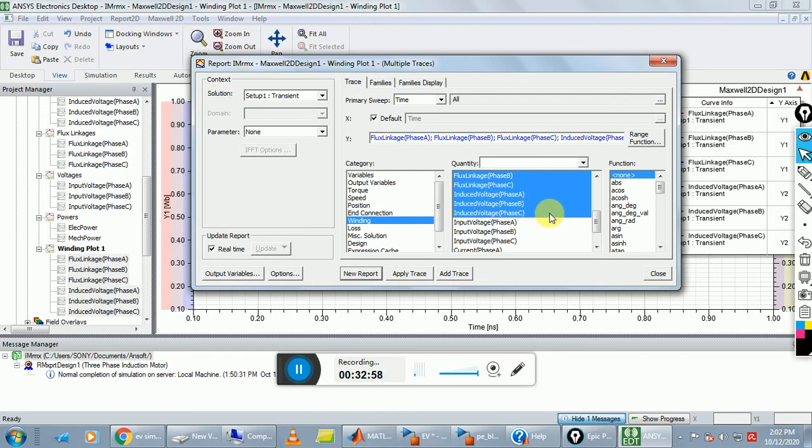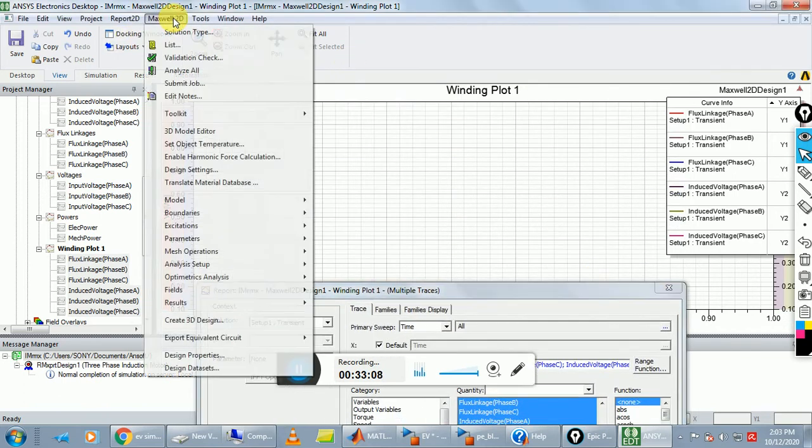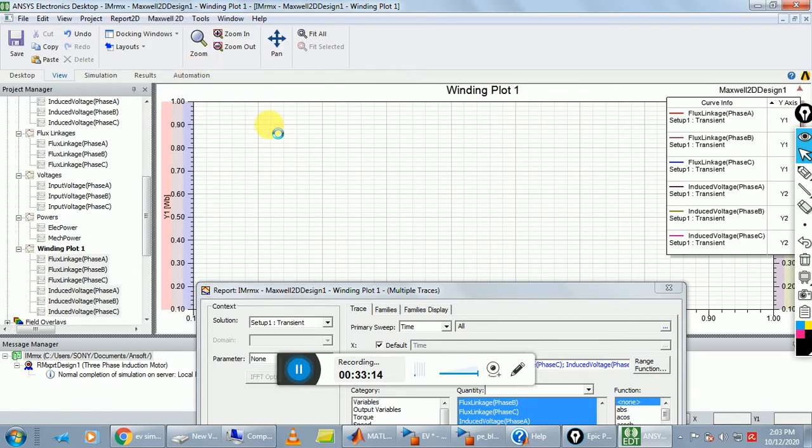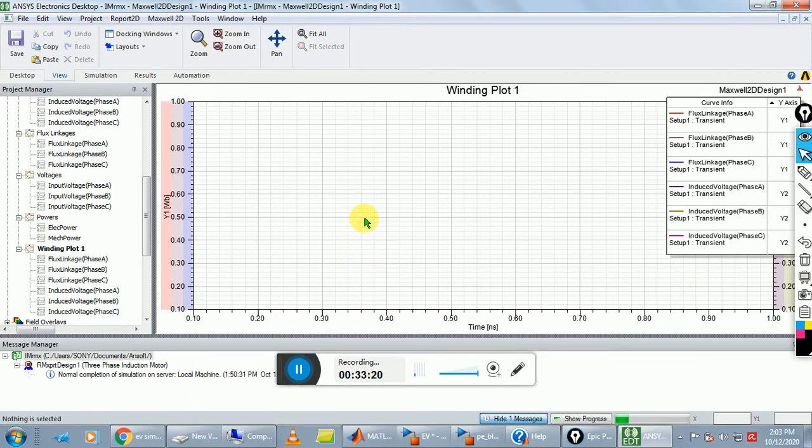Okay, after the completion of this step, go to your Maxwell 2D and click on analyze all. Okay, and wait. Your simulation is started.